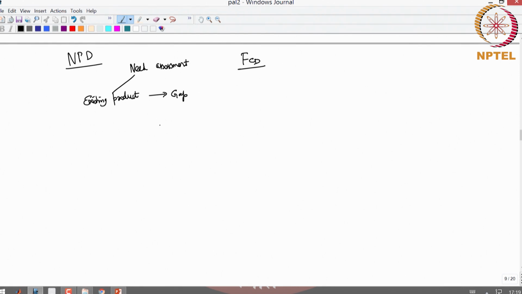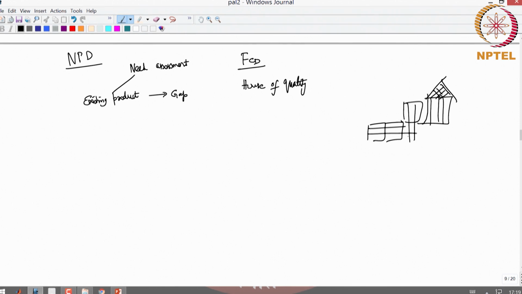House of quality. You remember the house of quality? You had different boxes like this. This will go like this, and something will come from here. They have triangles, and finally you have ranks that will go through this. It's a very bad way to show triangles and all that, but you remember house of quality?